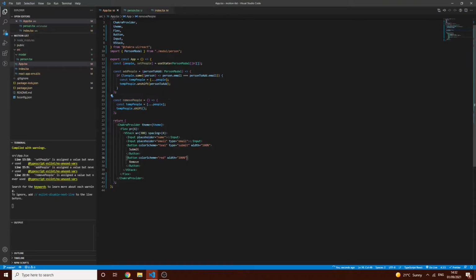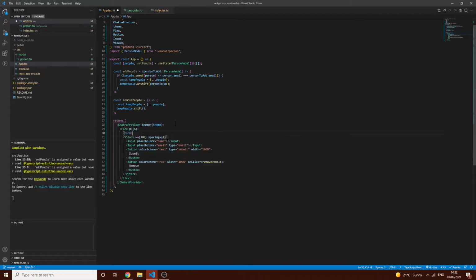So we can then add an onClick listener for the remove, and we can also add an onClick for the add. Actually, we won't need to do that because we'll add the handler onto our form, which we can do now. So for the form, all we need is a basic HTML form element which we will wrap our stack in. So if we take that, take this and put it down here,